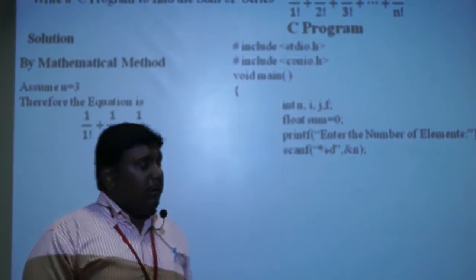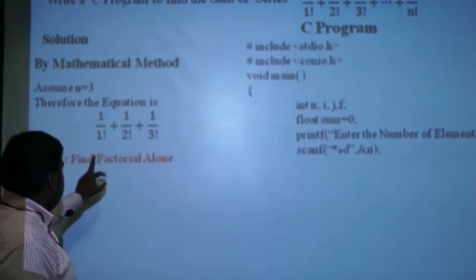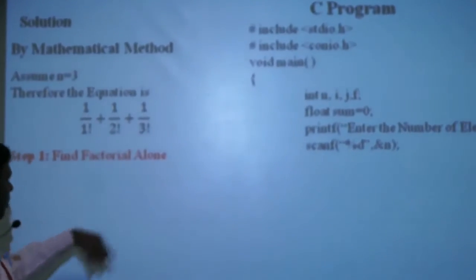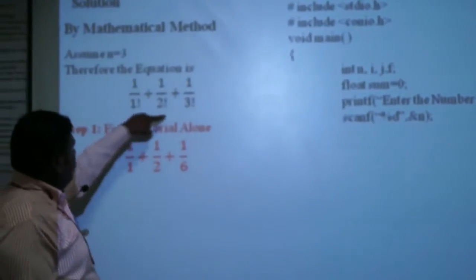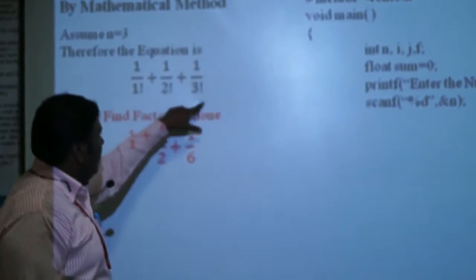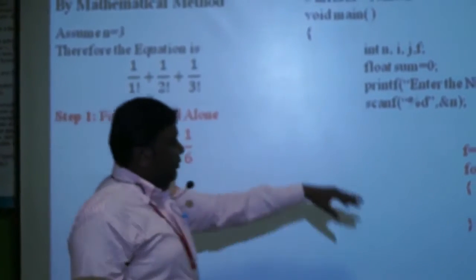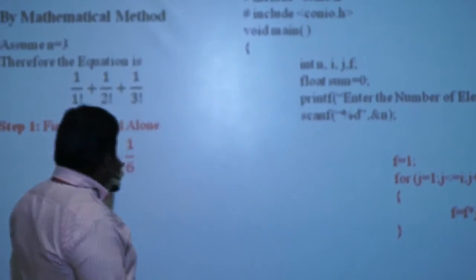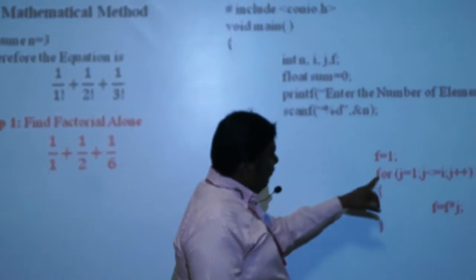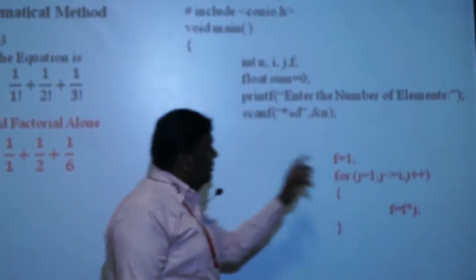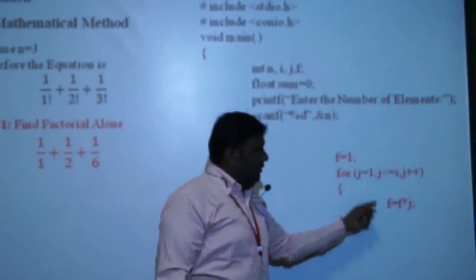Now the next difficult step when calculating mathematically is the factorial part. So 1 factorial becomes 1, 2 factorial becomes 2 and 3 factorial becomes 6. Now I am going to calculate this part in my C programming. In the initial case, for a factorial I am going to use a product, so I assign f is equal to 1, for j equal to 1 to i, where i is the number of elements. So for every element I am calculating my factorial value for i.